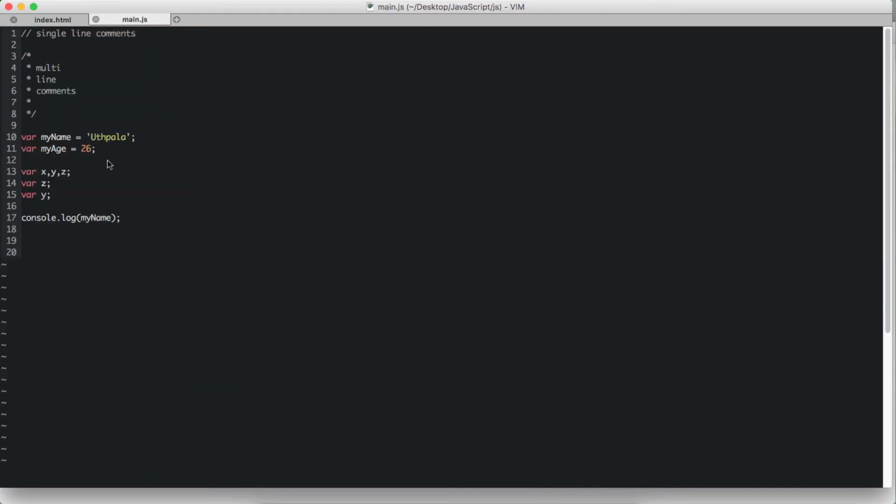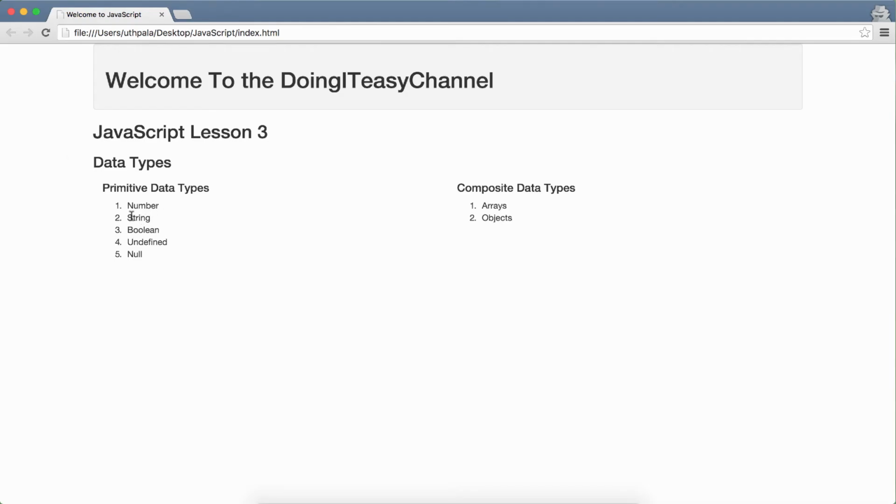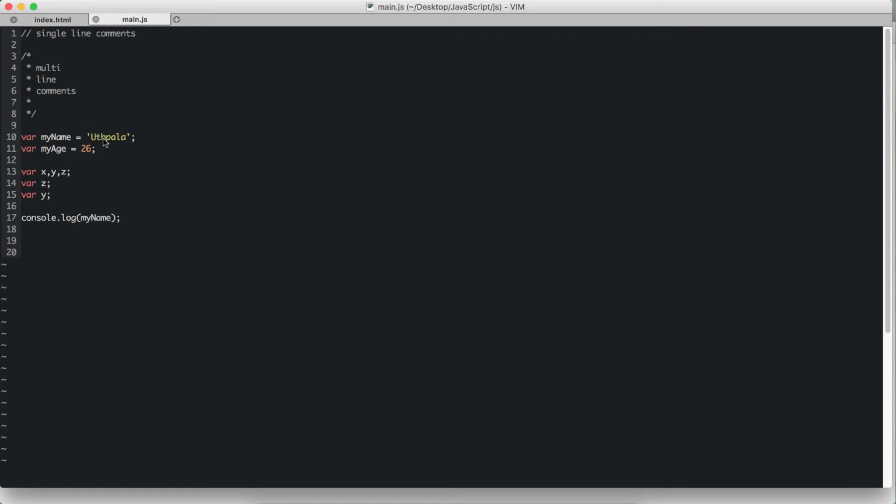I'm going to my main.js and we have already defined a number: my age equals 26. So this is a number. Let's take on a string. A string is a set of characters that is in between single quotations. We have a string as well. My name is a string and my age is